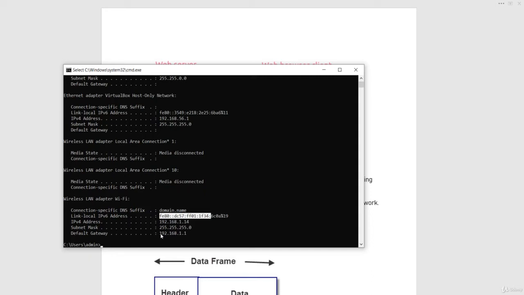And you can see the gateway right here. The first subnet address of any IP range will be the gateway. You can see that we have the same network, and the first subnet is your gateway, which is the default gateway. You can get this information with the help of ipconfig in Windows.